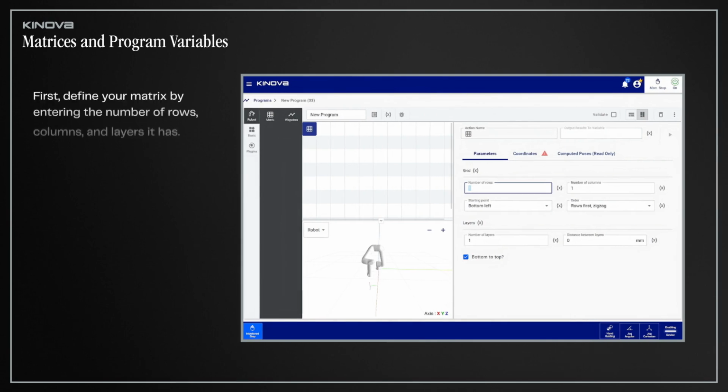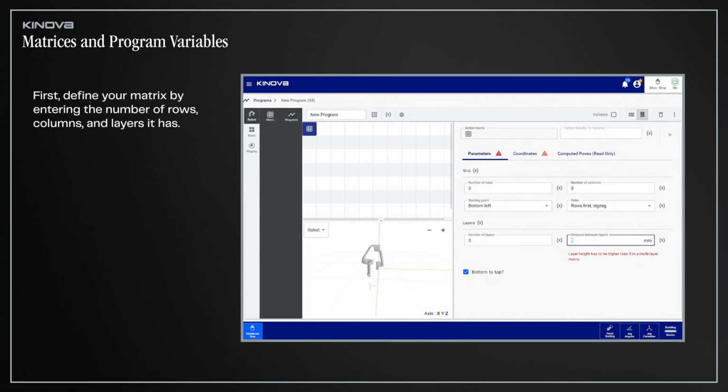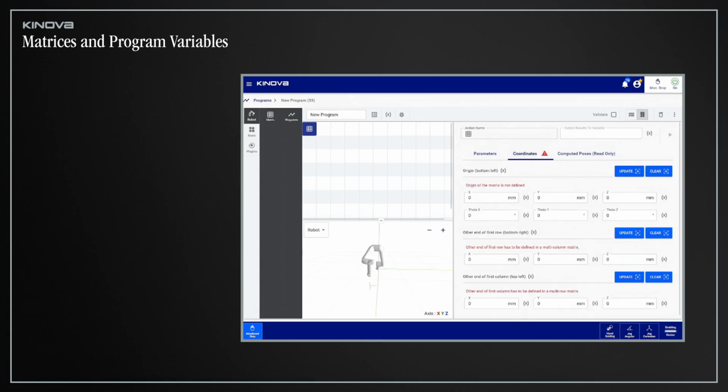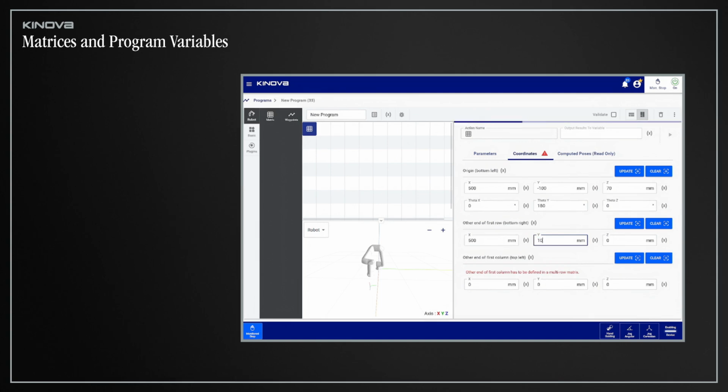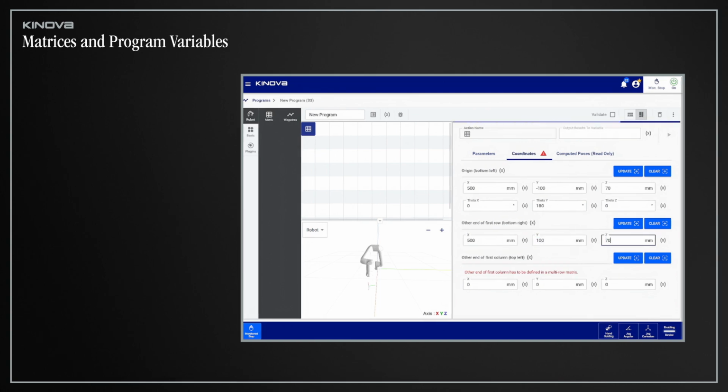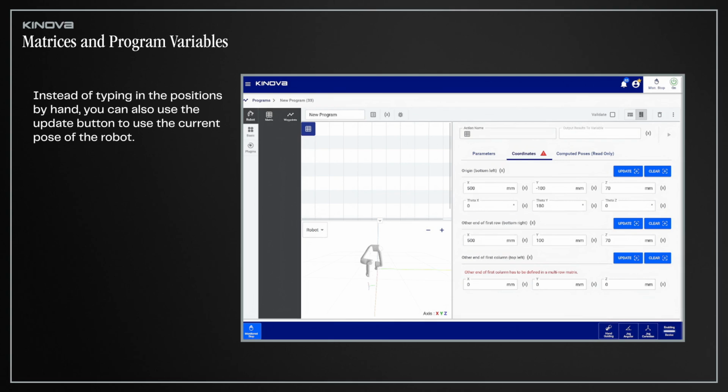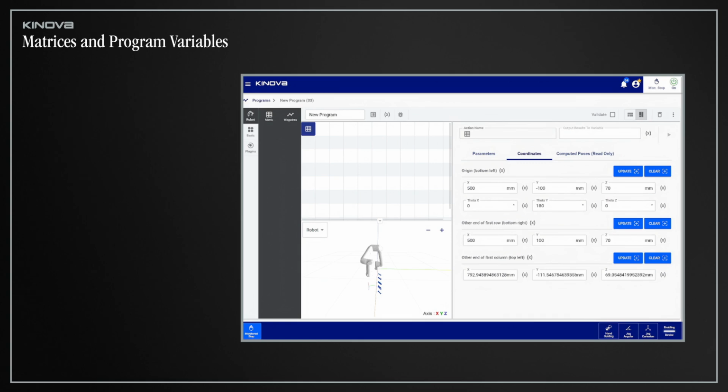First, define your matrix by entering the number of rows, columns, and layers it has. Then, define the position of the corners. The controller will generate poses that are evenly spaced on the grid you've created once you run your program. Instead of typing in the positions by hand, you can also use the Update button to use the current pose of the robot. After that, click the icon to select an output variable to store the values to reuse them